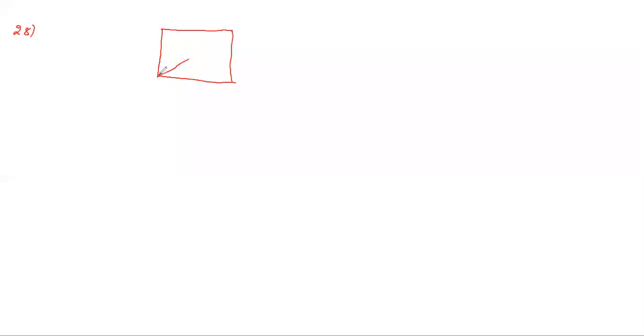The boy walks along the diagonal. Suppose the length you take A, B, and A greater than B you take. Now what you have to find? Shorter side is B, ratio. Then the ratio of the shorter side to longer side, so B is to A we have to find. And what is this one? Root A square plus B square.